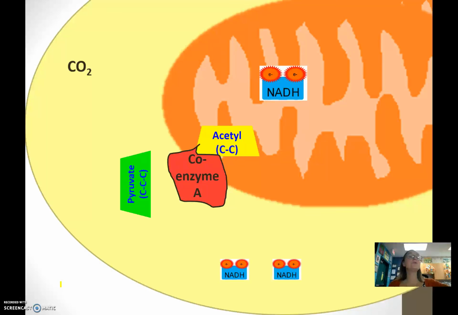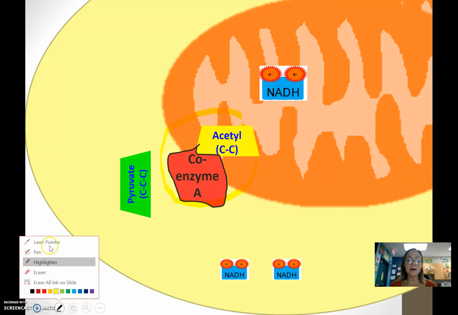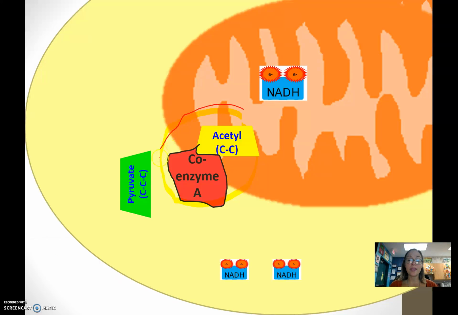And then there's a helper enzyme. We call this coenzyme A. And coenzyme A is going to help acetyl enter into the Krebs cycle. This molecule here is called acetyl-CoA. Acetyl-CoA still has some remaining potential energy in these 2 carbons, and so in the next step,